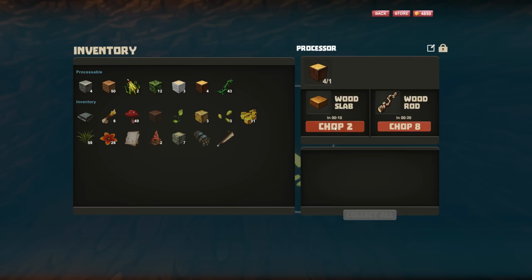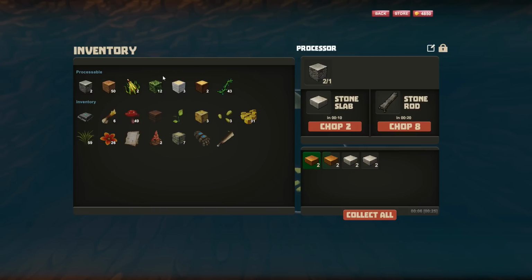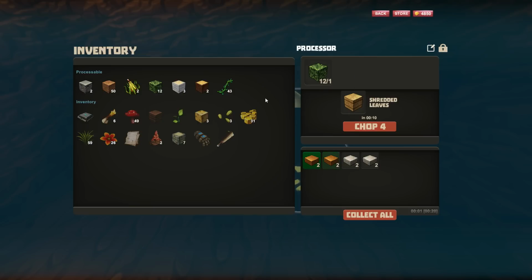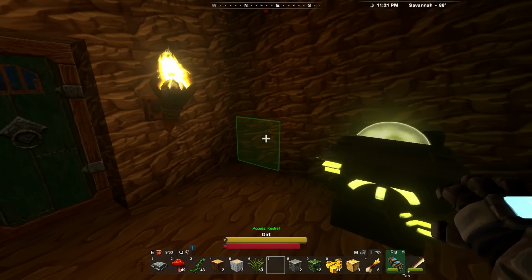We're going to make 2 of these, and I'll show you why in a minute. And I have just enough stone to make 2 stone slabs. This is one of the first things you're probably going to want to make here. None of this stuff can be processed, but all of this stuff can. So you can make this for shredded leaves, which is required for some of the building things, like some of the roofs. Okay, you can just let it go, do its thing, and once it's done,